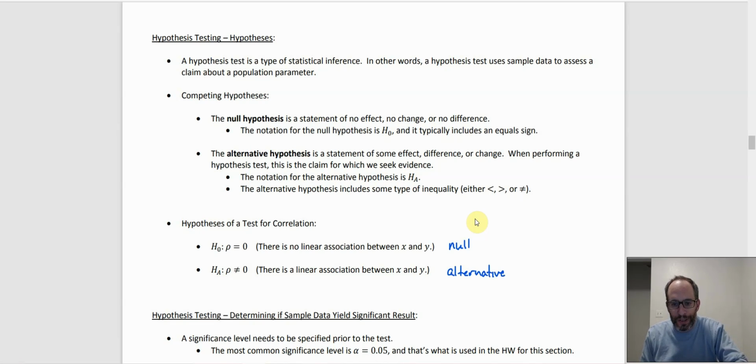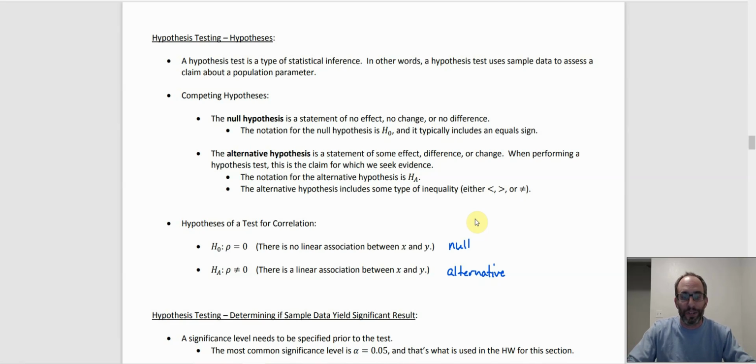And you can tell because it says H sub A over on the left, but it also has an inequality. So you can have one-sided inequalities when you have a less than or a greater than. We're not going to bother with it. It doesn't show up in the homework, and it's much more common, especially for a test of correlation. I've never seen anything other than this. You could have a one-sided test if you really wanted, but the defaults for any kind of software